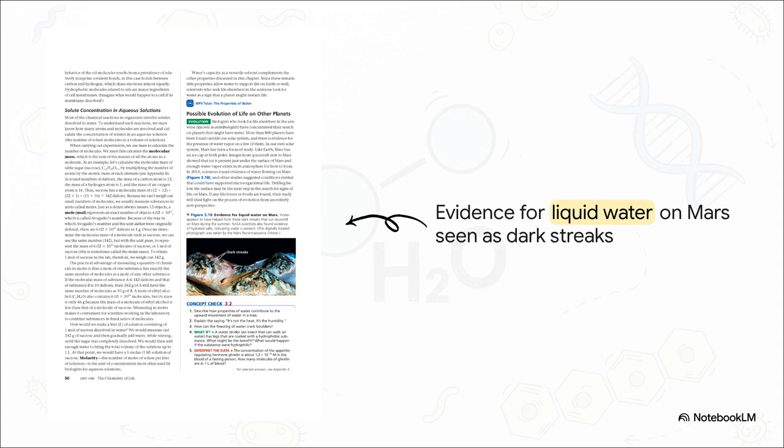Just look at this digitally treated photograph from the Mars Reconnaissance Orbiter. Those dark streaks running downhill on the Martian surface provide evidence of hydrated salts, which strongly indicates the presence of liquid water. Finding this tells us that the necessary chemical stage for life might just exist right next door in our very own solar system.